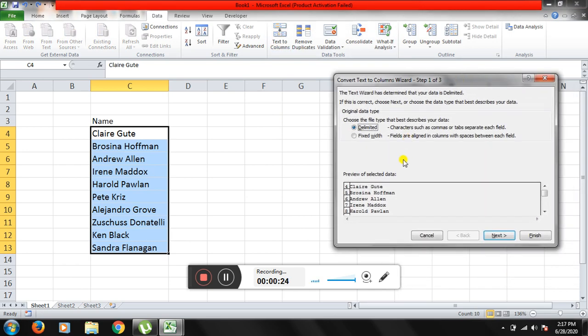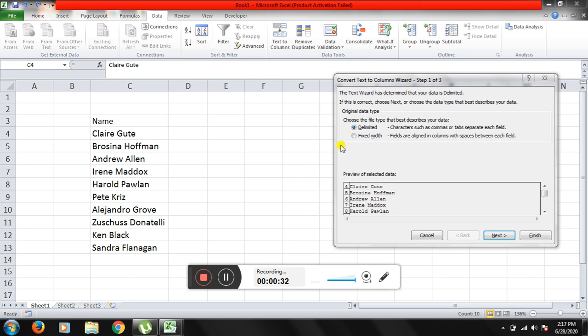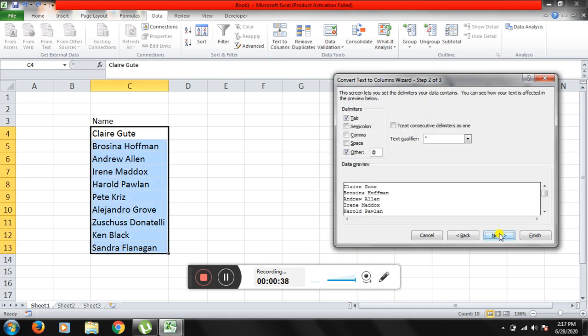Now if you see here, you get an option of delimited and fixed width. So let's start with delimited option. Now in this delimited option, if I go and click on next, it will ask me for a separator. Now if you notice in the data part, the separator which is available for the first name and second last name separator is space. That is a common separator if you can notice in this. So what I'll do is I'll select space.